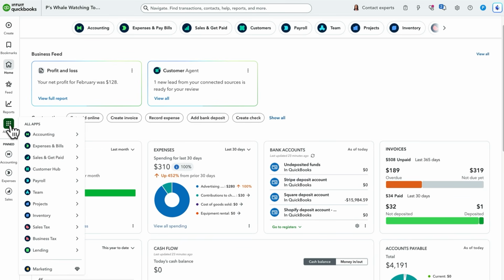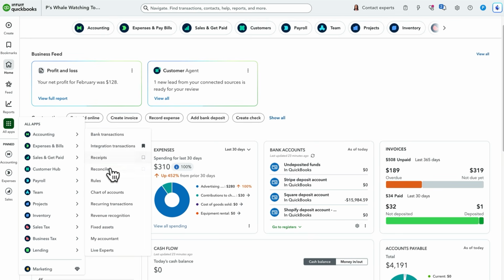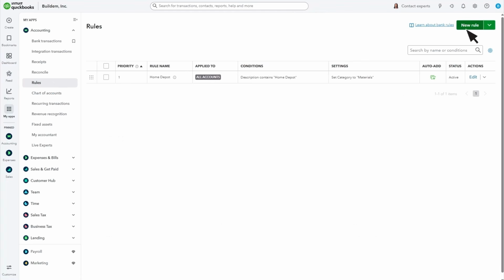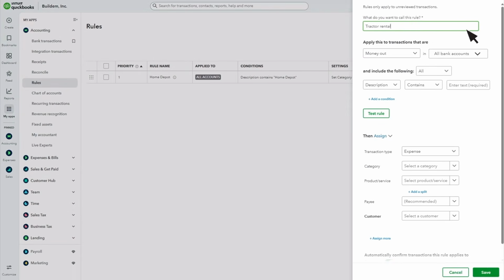To start, select All Apps, Accounting, and then Rules. Then navigate to New Rule. First, enter a name for the rule. Next, select whether the rule is for money in or money out transactions and which bank and credit cards it applies to. Then, enter what you want QuickBooks to look for in the transactions you receive from your bank and